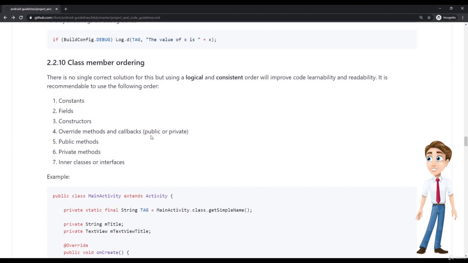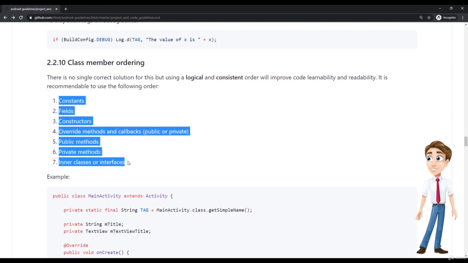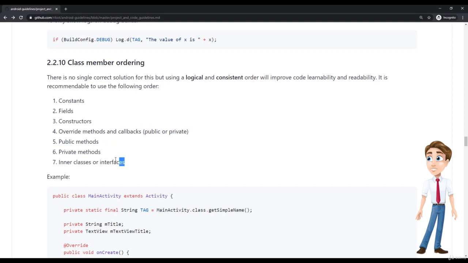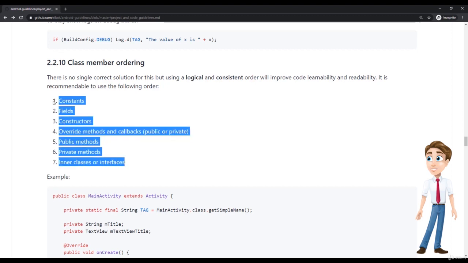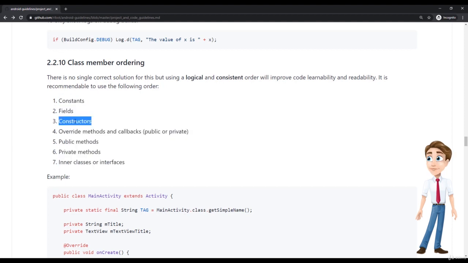As you can see, we have some kind of ordering, and by having such ordering for the components of a class, you can create a consistent structure for all your classes. And if you do so, you transform all your classes into something familiar. It's going to be easier for you to jump into new classes. You are going to know where to look for a constant, where to look for a constructor, where to look for private methods.